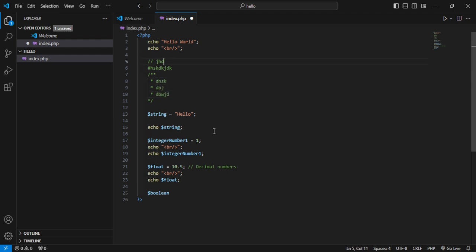What are comments? Basically, comments are non-executable code. It's like you are taking notes in your program. PHP is not going to execute it. It just sees it and is like, oh okay, I believe you were trying to drop a note maybe for other developers, because sometimes you might not be the only one working on a project. You might be working with other people, so you need to properly